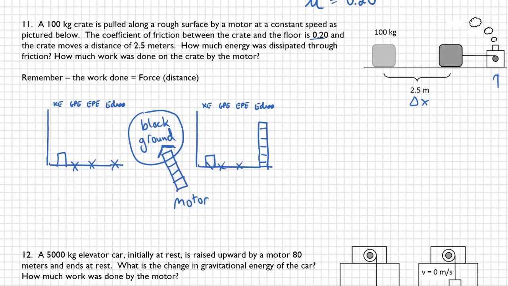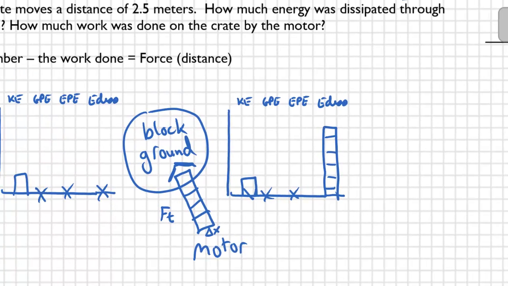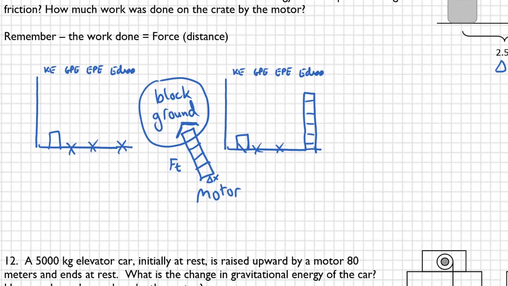How is the motor doing work? It's exerting a force. In this case, it's tension. And it's exerting that force over my little delta x. So I can figure that out. So there's my motor doing some work on my system, and now we can account for the amount of energy done. Okay, so when I look at my energy equation,